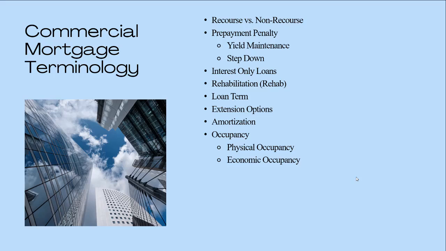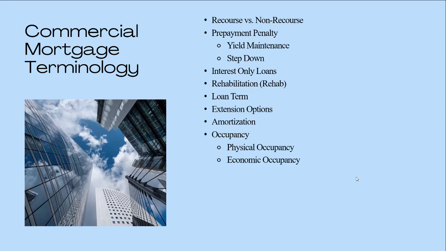Now, you could have an economic occupancy that exceeds your physical occupancy in certain special cases where, for example, you rented out a unit to someone and they haven't moved in yet, so the unit is technically physically vacant, but they're still paying you rent, or maybe they moved out early, so they are continuing to pay the rent, but they're just not physically there. You could have an economic occupancy that's greater than the physical, but in most cases, the economic occupancy is going to be equal to or less than the physical occupancy. That's the more normal case.